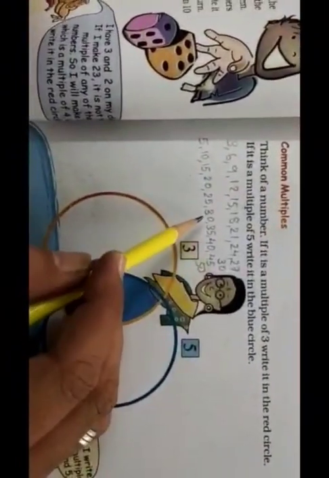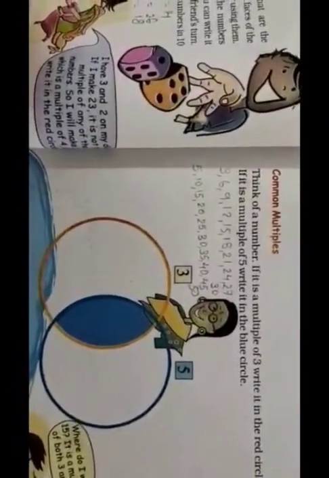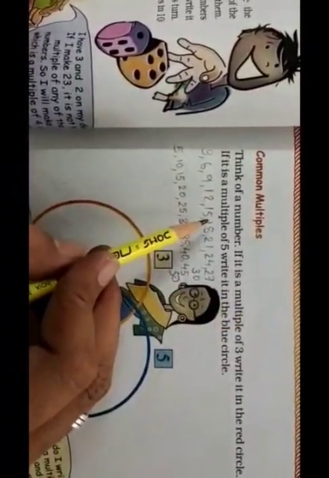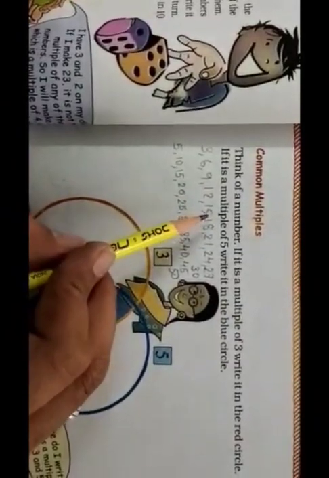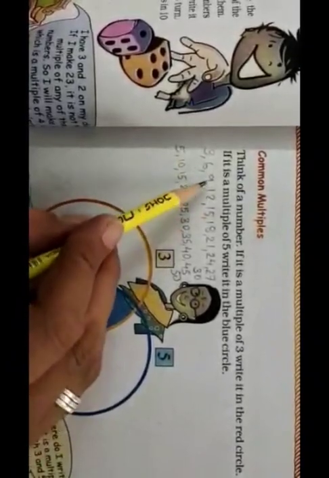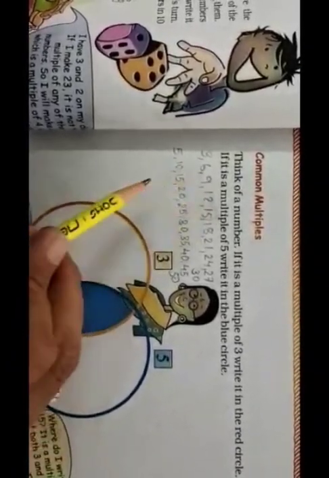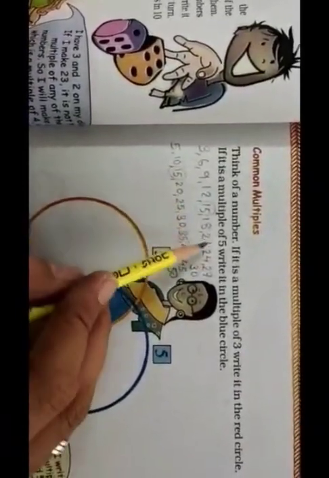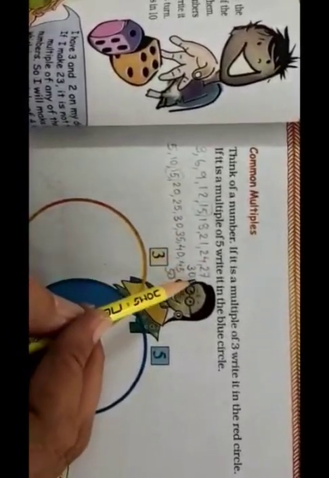In yesterday's homework also you have solved the sums regarding listing the common factors. So now let's see which are the common ones. Among the multiples of 3 and 5, we can see that 3 is not there, 6 is also not there, 9 is also not there, 12 no, 15 yes, 15 is there, 18 not there, 21 not there, 24 no, 27 no, 30 yes.